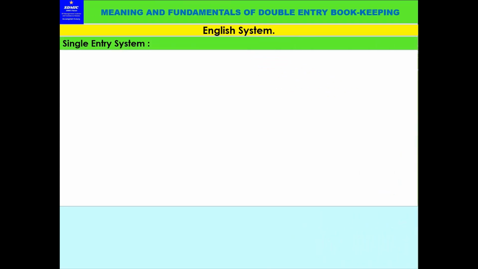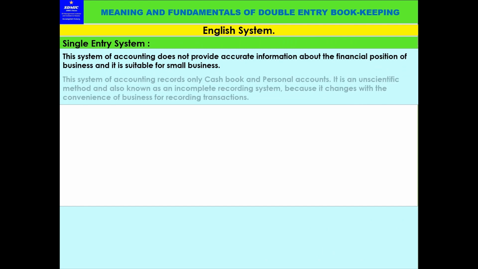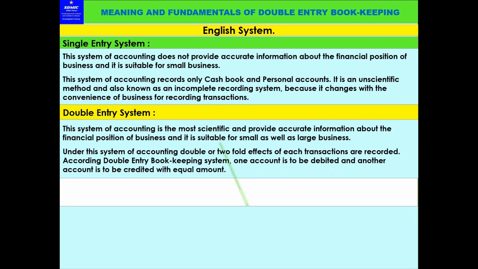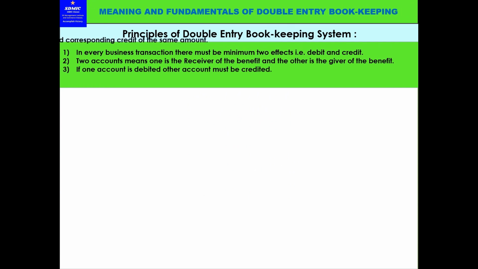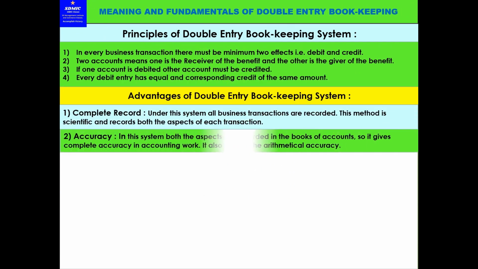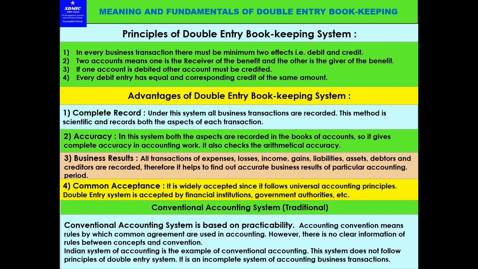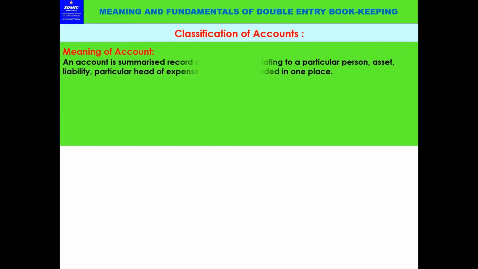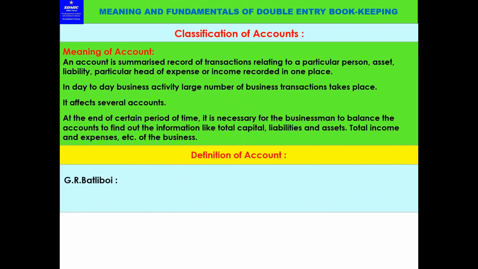You can go to the particular classes and then you can see that. This is for your memory. I am just writing it, I am just giving it. Principles of double entry bookkeeping, advantages of double entry bookkeeping, then conventional accounting system under traditional method, then classification of accounts, meaning of accounts, definition of accounts,